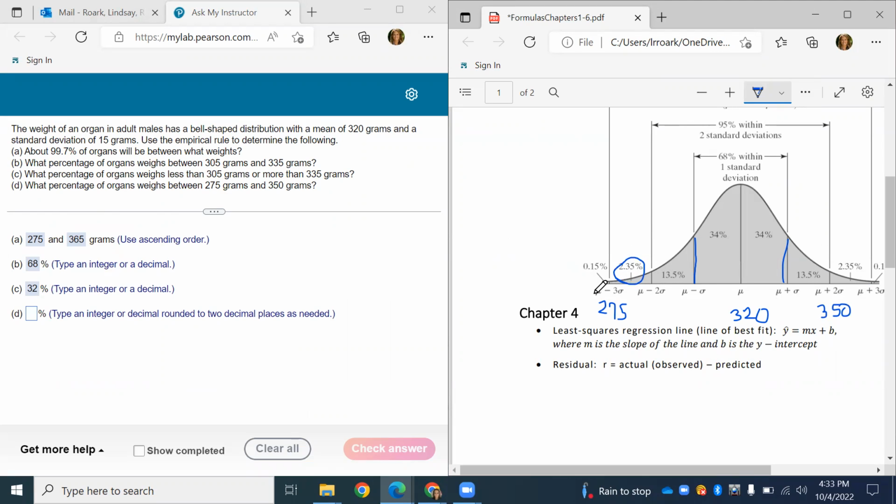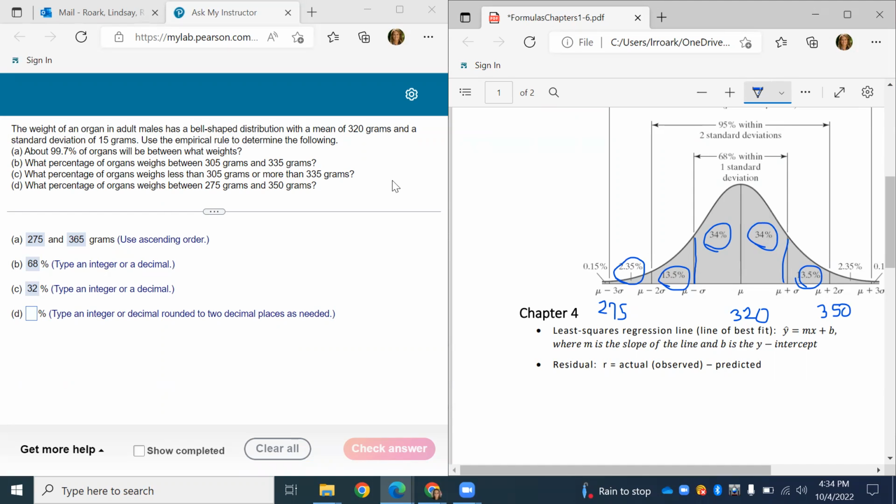We want between 275, so you want 2.35, 13.5, 34%, 34%, and 13.5. If we want to go ahead and add up all of those pieces, that is actually going to probably be the quickest way for us to answer this particular question, just because it's kind of tricky once you start going between different